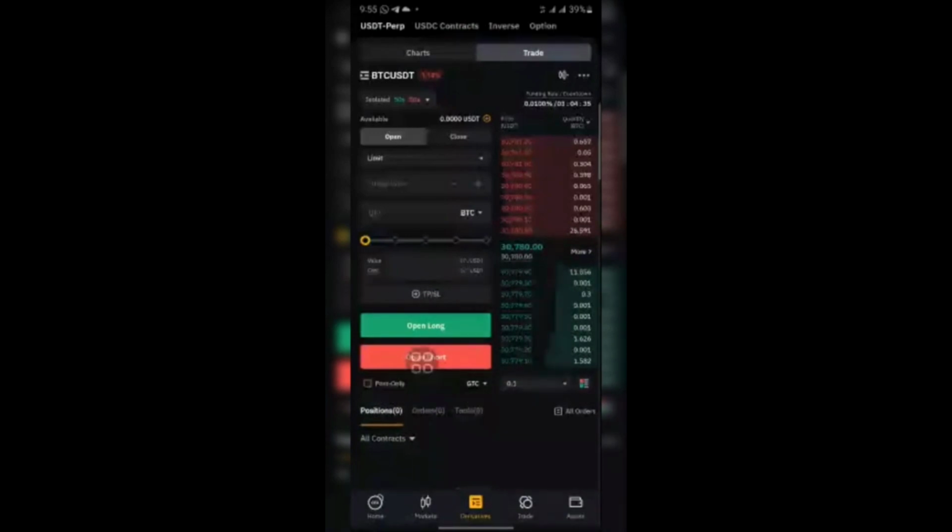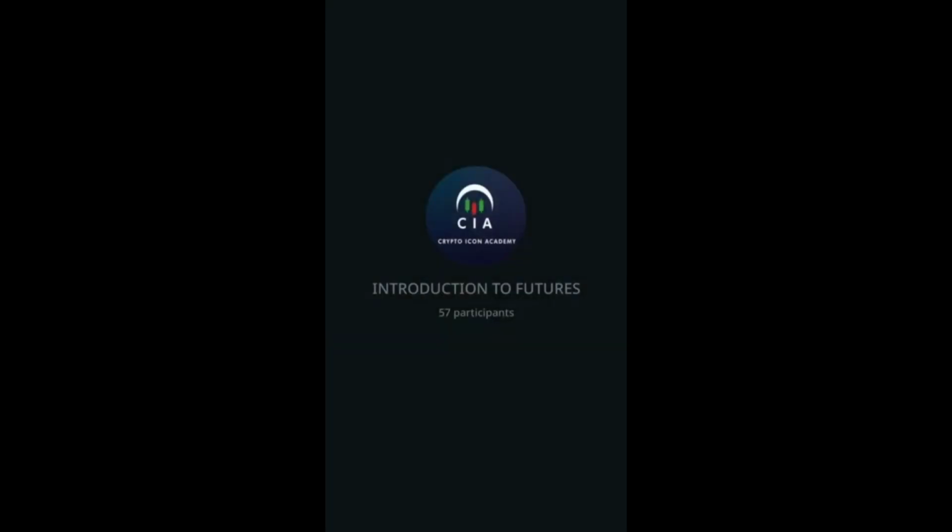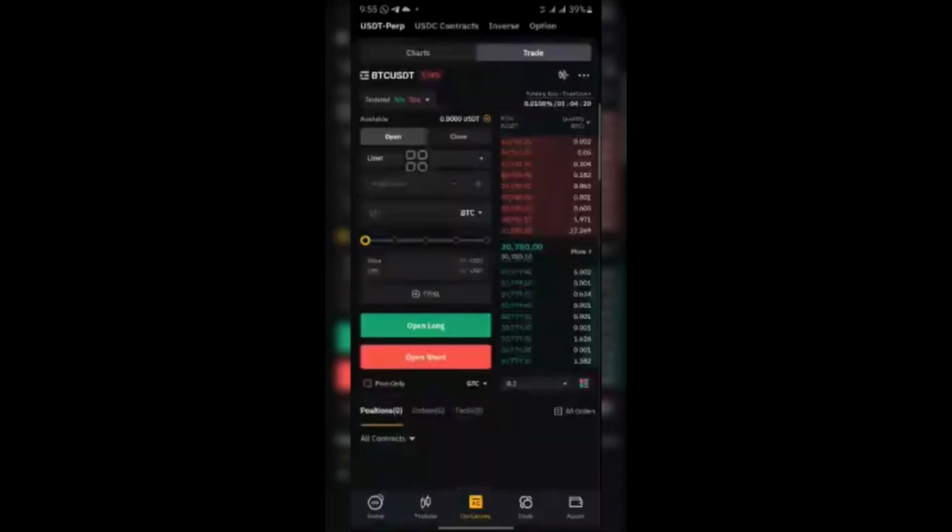Though this 0.1 means the units, how many people are buying. You understand? Like who are the people that are on the order book, who are the people that are buying 10 units? But that one too, nothing concerns you. And I've told you this one is how many people are shorting this market at this particular price and using this particular amount, and how many people are longing the market using this particular quantity. You understand? And this is the current market. So if you open a position, it will be here. Then if you set others down, it will be here too, just like this, the way everything is. So that's that about that.